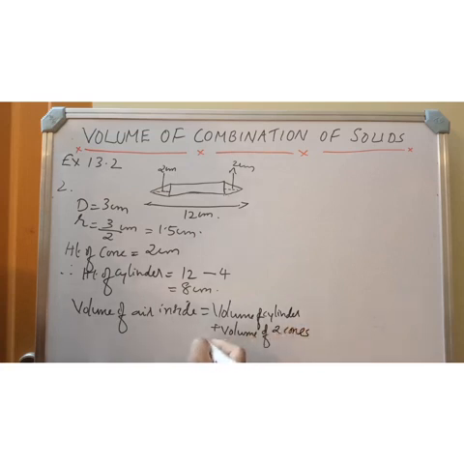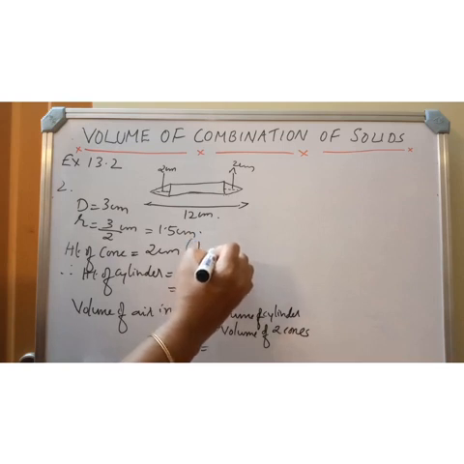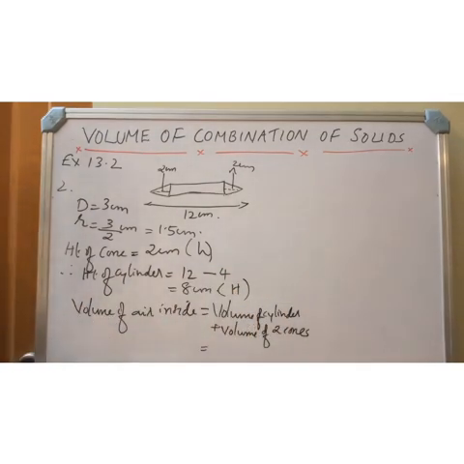So what is the formula for volume of cylinder? Pi r square h, isn't it? So here if we are considering both, r1 and r2 are the same for cone and cylinder, but the height is different, isn't it? The height of the cone as well as the height of the cylinder are both different. So we can consider the height of the cone as h1 or small h, and this you have to consider capital H. Okay, so based on that we must write the formula.